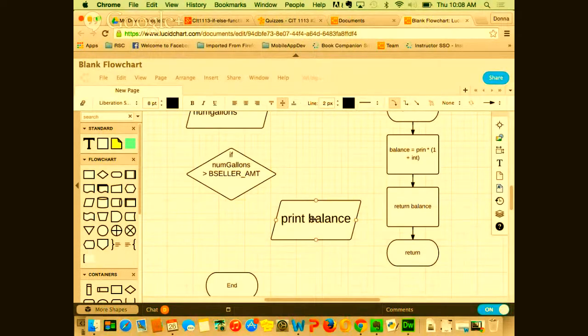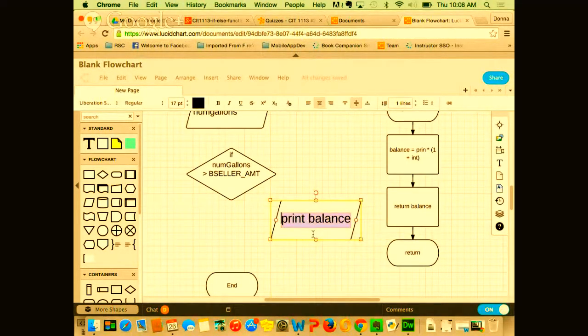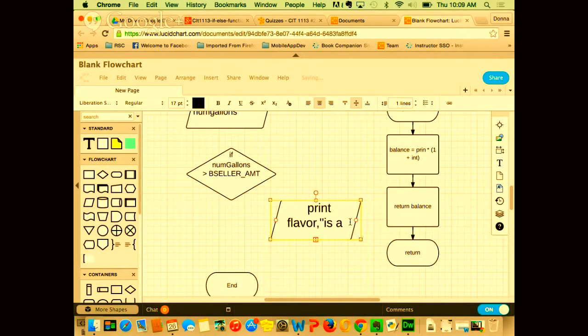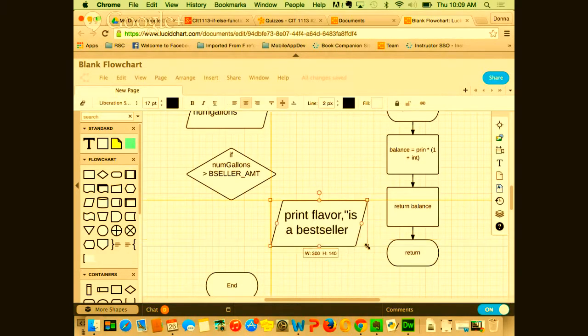Okay, so instead of balance, I would say print, and then I would put it in quotes actually, because I'd say flavor, oops, not all caps, flavor, comma, and then in quotes, I'd say is a bestseller, right?